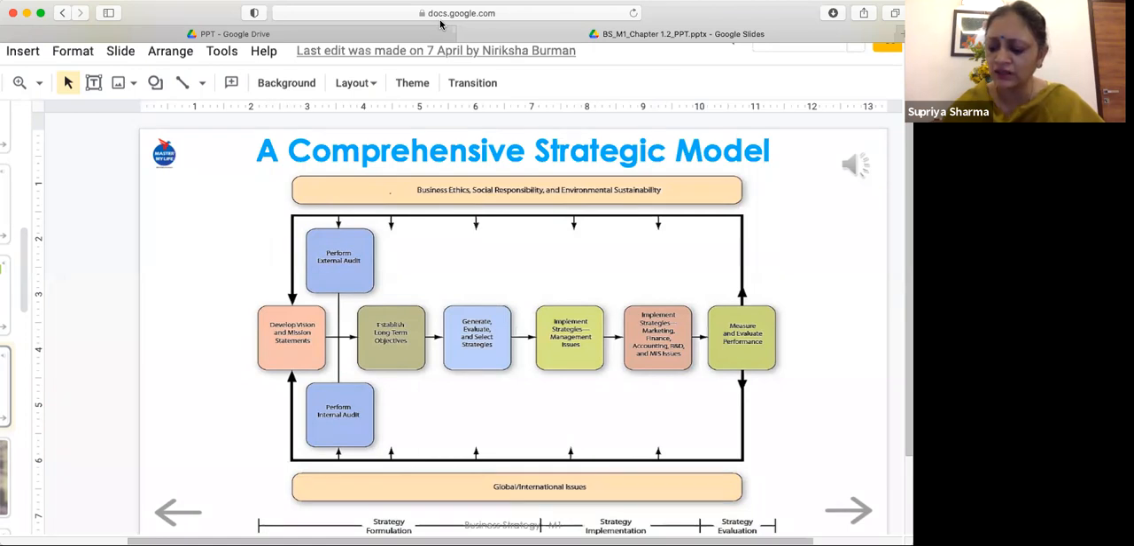Then the third one is a group presentation. Select a sector or industry, and present what strategies they have adopted to win over the competition, with the entire strategy formulation and execution process. Until I finish strategy formulation and execution, which is the implementation part of it, we cannot make this presentation also. Now the strategy that we are going to follow to do all this is: